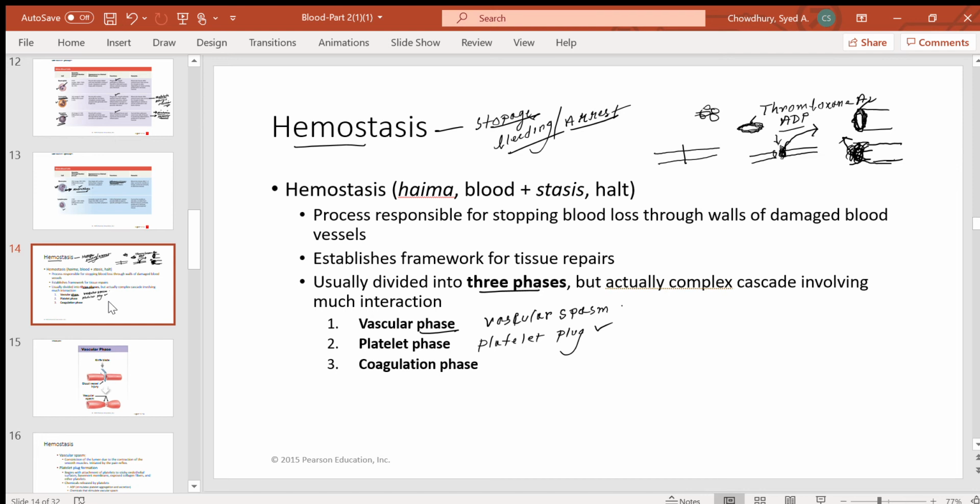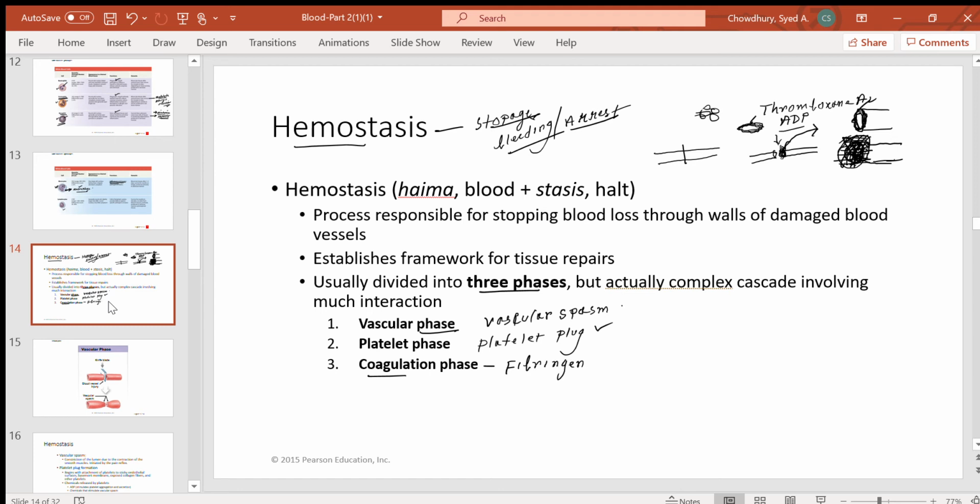So what happens next, you see, this is the platelet plug here now, right? And blood coagulation will form a fibrin mesh, a network of fibrin that will cover that whole thing, the clot or platelet plug. How is the fibrin mesh formed? The fibrin mesh is formed by coagulation. Coagulation converts the